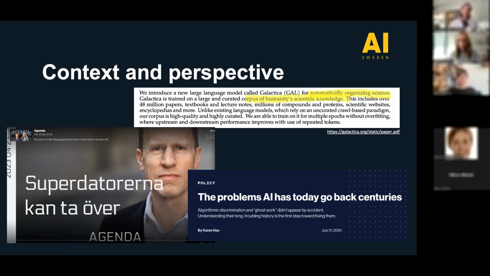Another example are the doomsday narratives that are circulating right now and that are fueled by a few prominent figures. Here, people with a background in the arts and humanities can help the public disentangle differences between narratives and practical harms done by these systems.